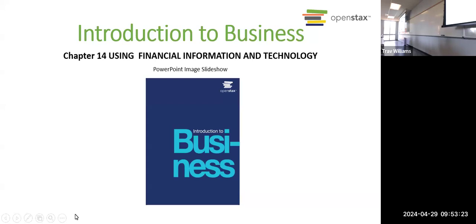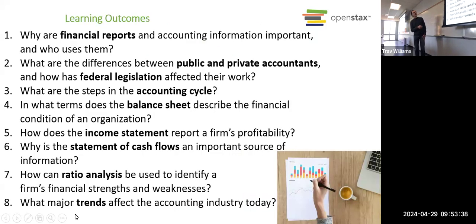Well, the official title of the chapter, as you see, is Using Financial Information and Technology. It's really accounting. We're really learning about financial accounting this week. So we'll learn what financial reports accountants make. Again, if you're a business major, you'll take financial accounting, which is business 1A, and then you'll take managerial accounting,